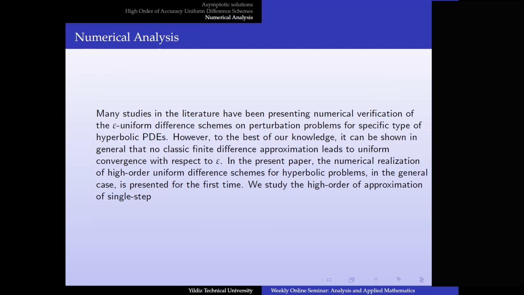So in the literature, we see many publications and many results, but in general, no finite difference approximation leads to uniform convergence. So in the present paper, the numerical realization of high order uniform difference schemes for hyperbolic problems in the general case, I want to underline this, in the general case, is presented for the first time. So we study the high order of approximation